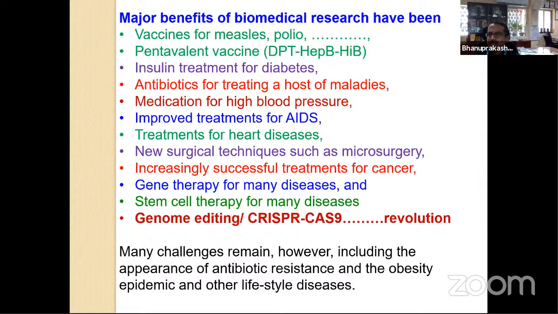So that's what we should tell them, so that they get excited. They will ask, why can't I enter this field? Then how can they combine artificial intelligence with this? All those things one can tell. But at the same time, many challenges remain. Then they can ask, okay, sir, we are done with everything, so why do we need to research? This is where we need to answer them: what is there ahead of us, and how are we going to face these challenges? We should tell them that too.